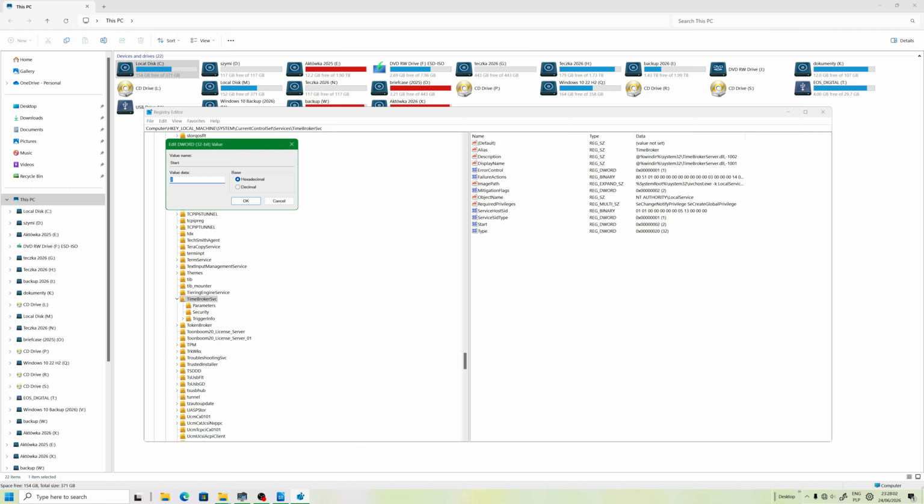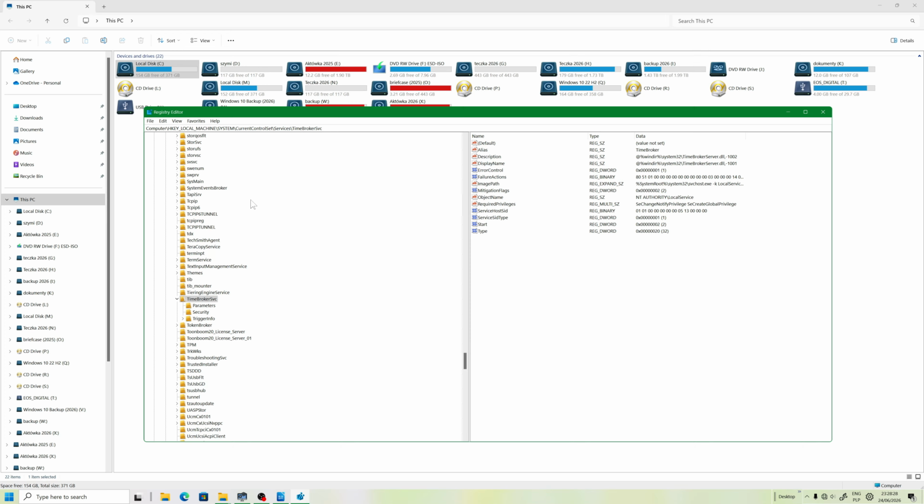Before I had value 4, which was meaning it was disabled at all, so I couldn't run my task scheduler at all. After setting this up to automatic start, which means value 2, I was able to fix that error message, and